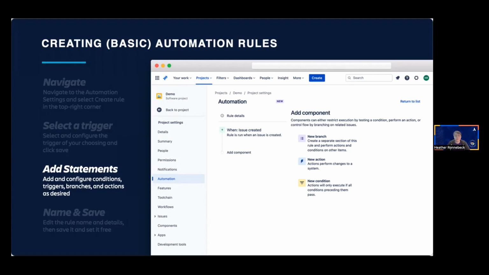We also have conditions. Now, conditions are, to put it simply, your if statements. So if you're a developer, you would probably know very well what an if statement is in coding. If you've worked with Excel or Google Docs, you'll understand if statements in that context of spreadsheets and populating values that way. But really, your conditions are your if statements.